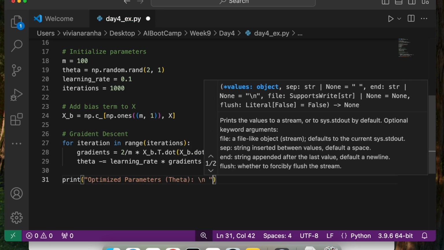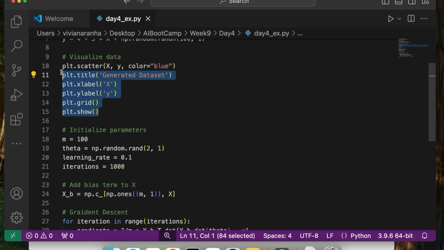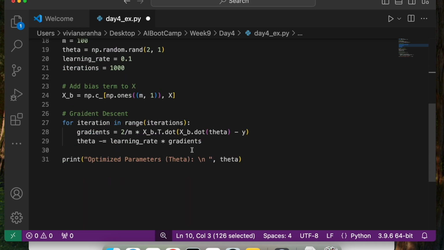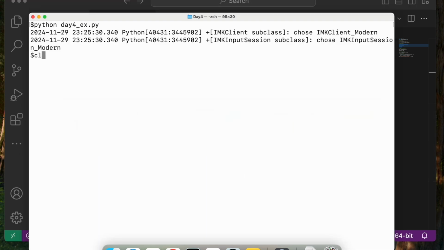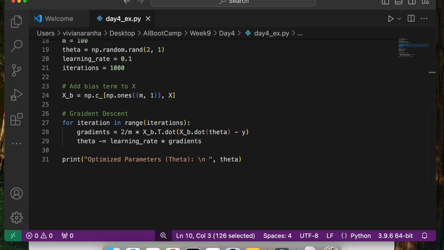So let's see how that looks. I'm going to comment out the visualization for now so I can see just this. I'm going to clear it out, run it again, and there you go. We have the optimized theta of 4 and 2. So that's our optimized theta based on the random data that we have generated.